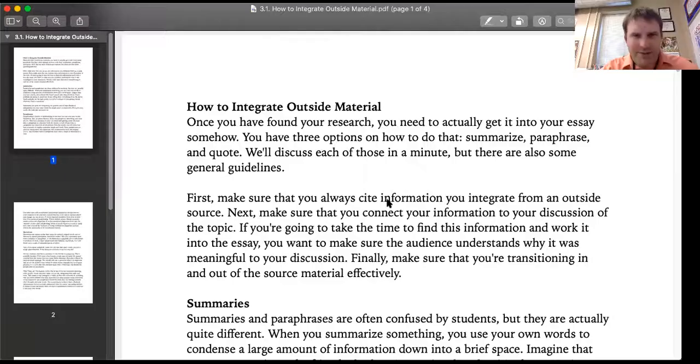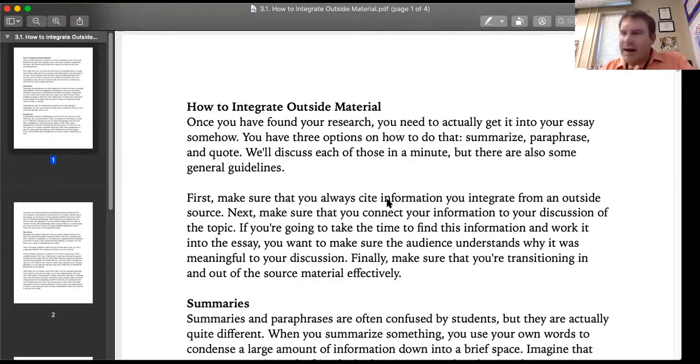Tomorrow, I'll tell you more about the big assignment that we do on Monday and the little assignments we're going to do along the way. But today, I'm just going to talk about how to integrate outside information into an essay. Since you're going to be inquiring and exploring a topic, you're going to be reading information about that topic. And so you're going to be able to bring that into your essay and give credit where credit is due through citing. So let me bring this up and share this right here.